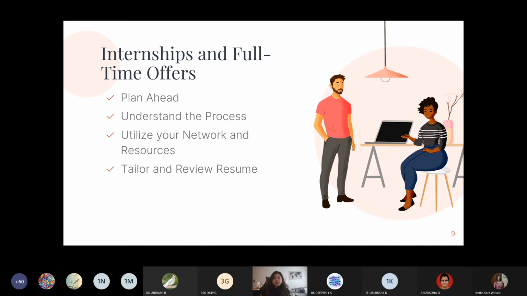Tailor and review your resume. This is an extremely important step. The resume is everything. It's everything that you're going to have throughout your job search. So you have to have individual customized resumes for every job you apply. It's not going to be the same resume. So tailor it according to the requirements and review your resume. You can do it with your peers, friends, your parents, or counselors at school, with anyone, but you need to review, make sure there are no errors and it looks and reads well.